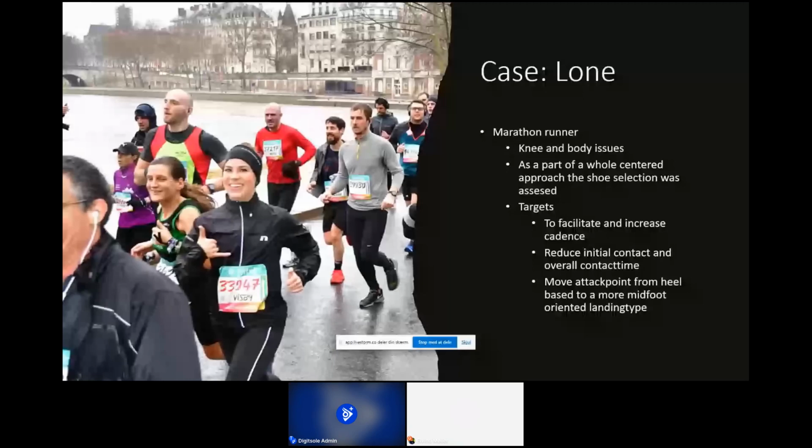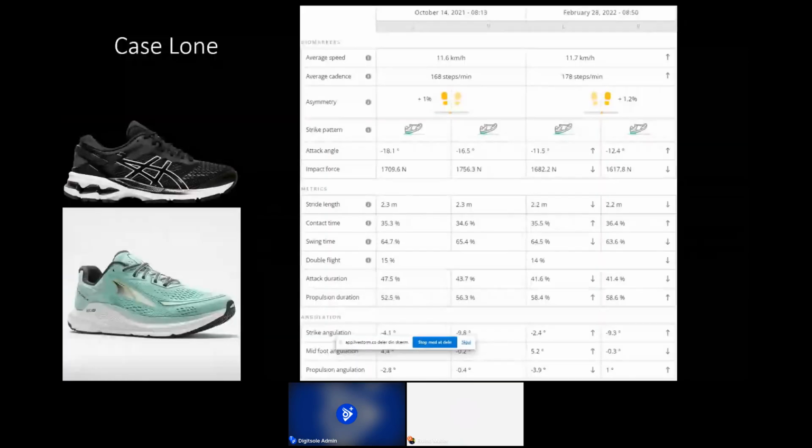So we had some of these targets. One was to facilitate and increase her cadence and reduce her initial contact and overall contact time, and then move the attack point from heel based to a more midfoot oriented landing type. So these were the three characteristics that we really wanted to address with Lone. She came with a classic Asics Gel Cayano. That was the shoe that she came in with, and we did a test on October 14th last year when we wanted to address it, and she was going to run Copenhagen Marathon here in May,